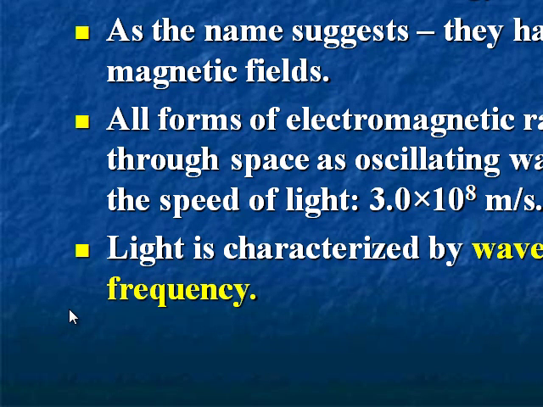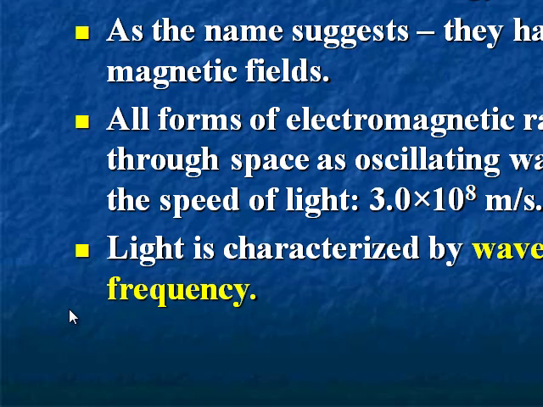The word photo comes from the photoelectric effect, the packet nature, or the particle nature of light. So we call it photons, and once again the characteristics of waves are frequency and wavelength,